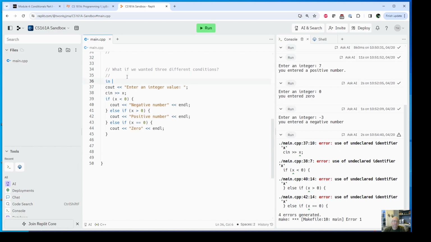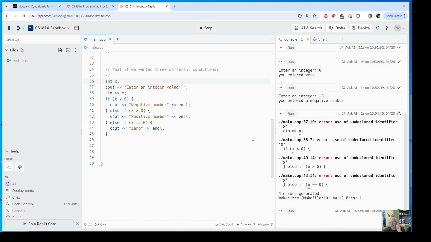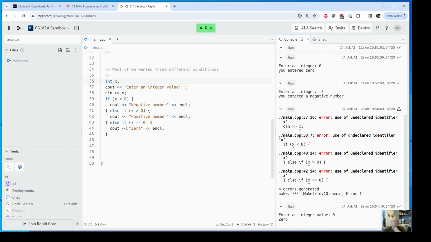Okay, so 0 still works. So instead of just saying else 0 at the end, I'm actually doing an else if, and I'm checking to see if the value is 0. We're going to talk about this double equal thing in a minute, but this is basically checking to see if x is equal to 0, not assigning x to 0. Okay, so now if I have an else clause,